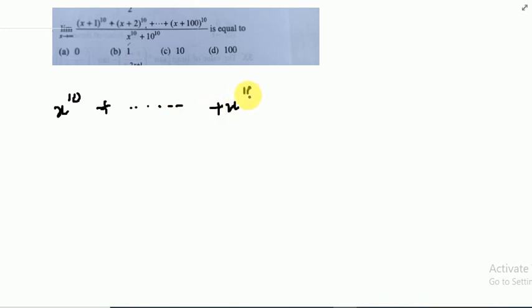So I am only writing this highest degree term. Whatever the remaining terms may be, they will not exceed x raised to 10, it will be x raised to 9 into something, x raised to 8 into something, so no need to write it. Therefore, in the numerator, if you add all this, it will be 100 into x raised to 10 as the highest term in the numerator, divided by